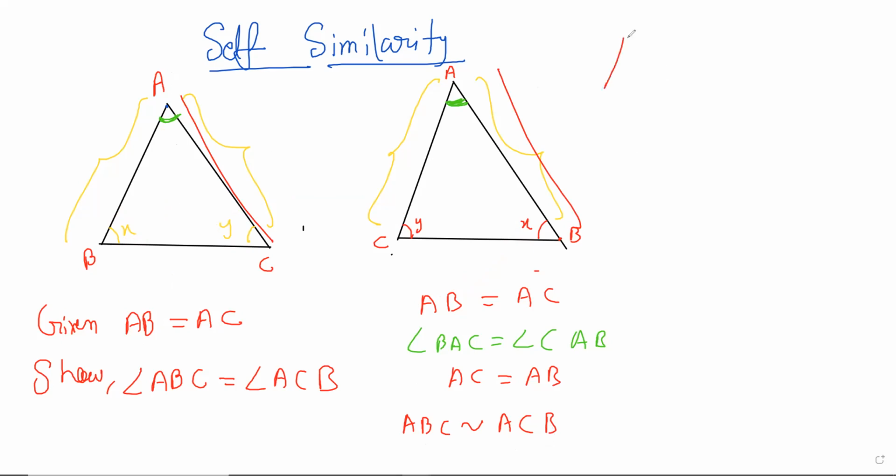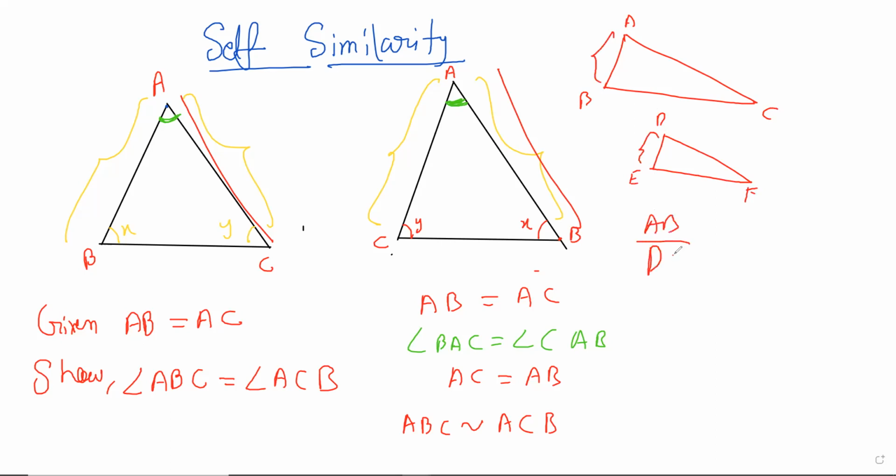Side angle side. If I just draw it here again to remind you of what we did yesterday. If we have something like this, A, B, C, D, E, F, right? If I know that AB by DE, so AB is, let's say, a magnified version of DE, and that magnification scale is the same as AC and DF, and the angle containing them, that's important, the angle in the middle is equal, then the triangles are similar, which means that all the other angles will be the same. This angle will be the same as this, and this third angle will be the same as the third angle.